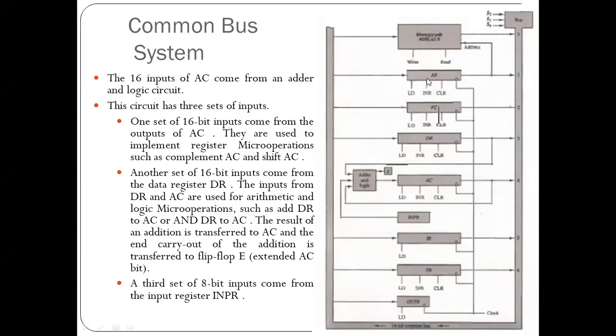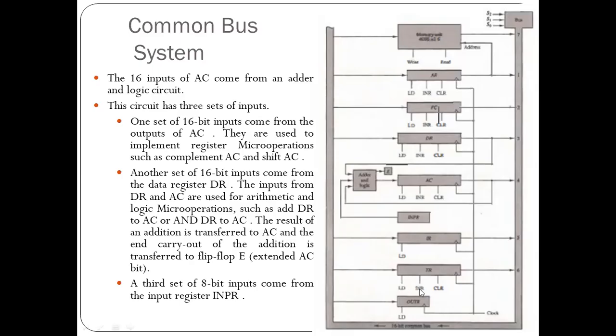If we talk about the registers like the address register and program counter, these are of just 12 bits, which holds the address of your memory unit. The remaining registers like data register, accumulator, instruction register and temporary register are 16 bits wide. Out of these, the registers like accumulator, data register, program counter and address register, these 4 registers including the temporary register, these 5 registers have 3 control signals,